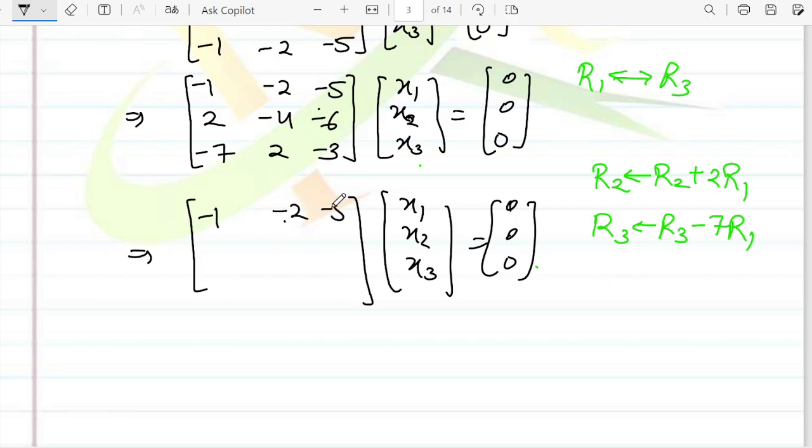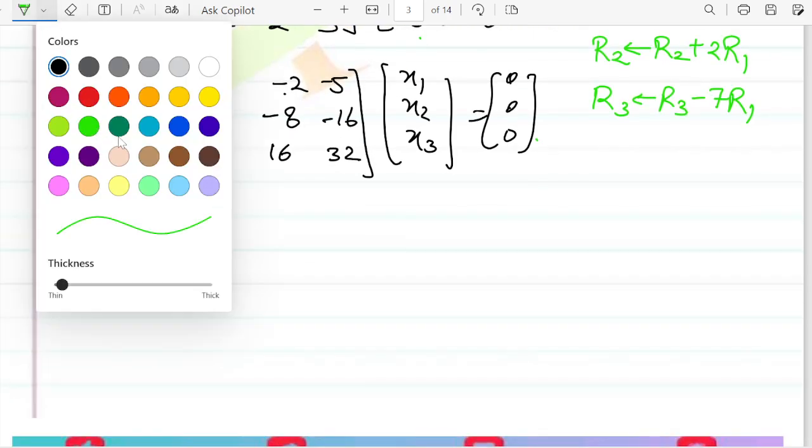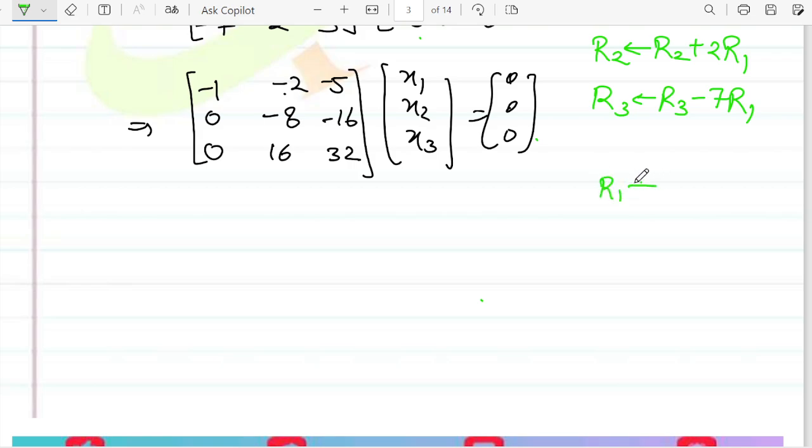minus 1 minus 2 and minus 5, multiplying 2 and adding, that is 0, 2 2 is 4, 4 and 4 that is minus 8, 5 3 the 5 to the 10 and 6 minus of 16, that is minus 7, 0, minus 7 14 and negative 14 plus 16, that is 5, 5 7 35, 35 minus 6 that is 32, right. चलिए और इसमें रिएक्शन क्या कर लेते हैं, R1 को रिप्लेस कर दो नेगेटिव इंटू R1,